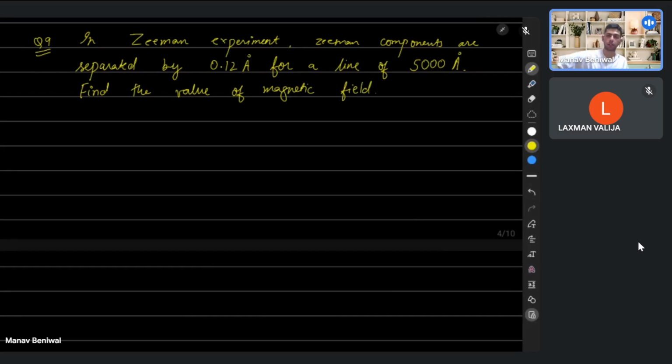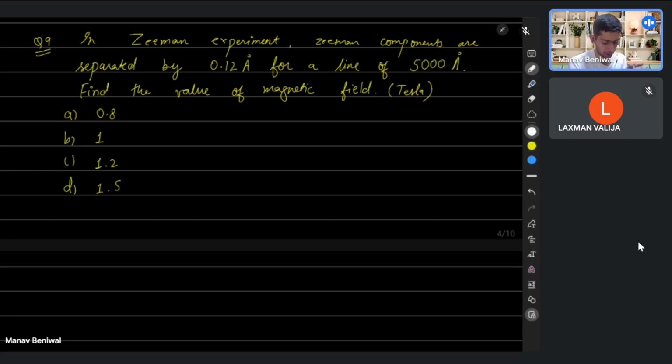Okay, so this question is about the Zeeman effect. They are saying that in the Zeeman experiment, Zeeman components are separated by 0.12 angstroms for a line of 5000 angstroms, and we are supposed to find the value of the magnetic field in Tesla. Our options are 0.8, 1, 1.2, and 1.5. Okay,